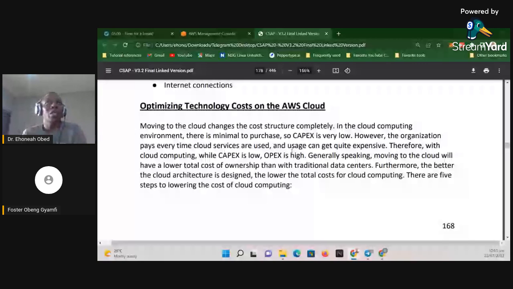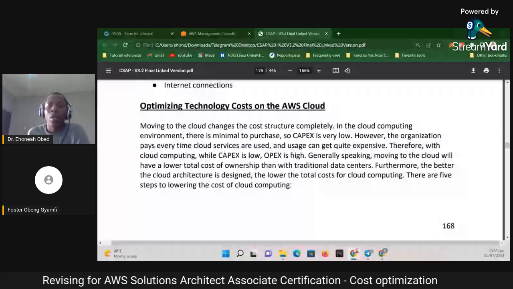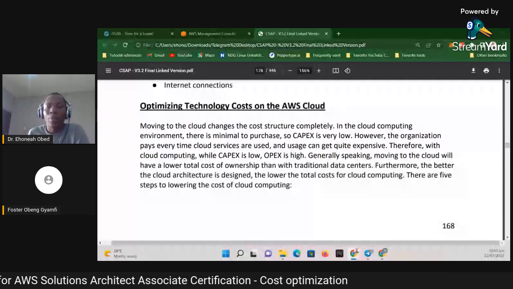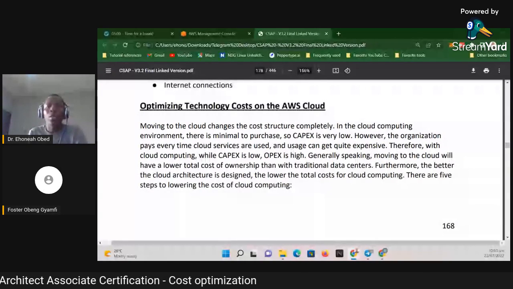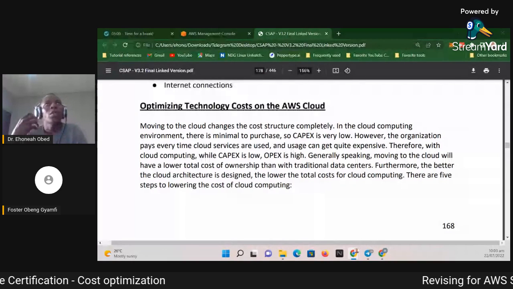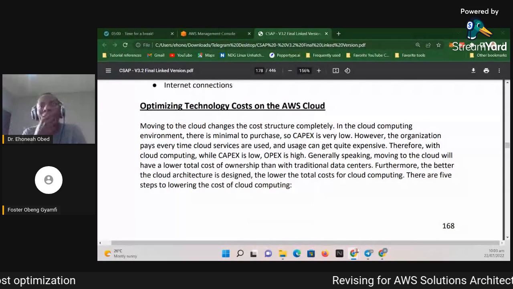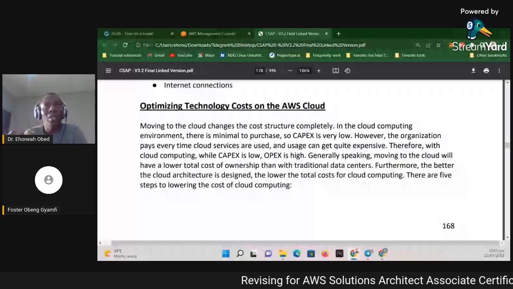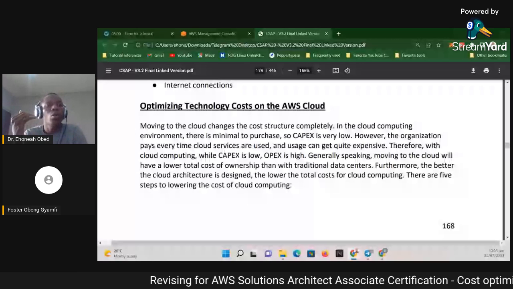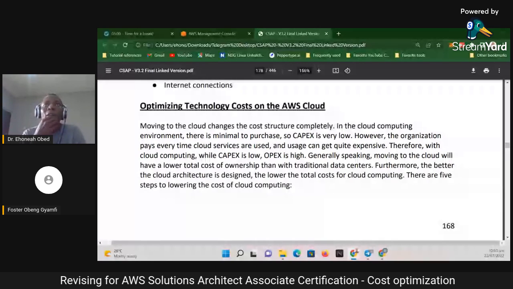If we compare operational costs of the cloud against operating your own data center, the cost of operating your own data center may be relatively lower,